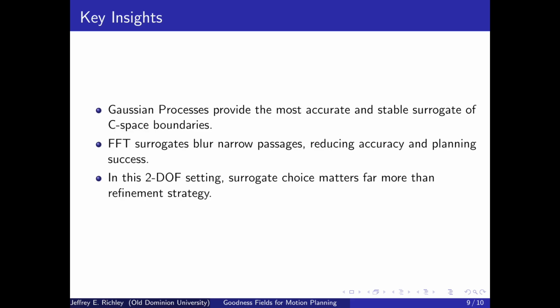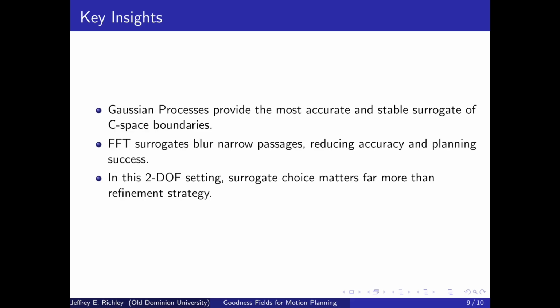While they are computationally fast, this loss of boundary fidelity directly impacts accuracy and ultimately planning reliability. Finally, in this 2 degree of freedom setting, the choice of surrogate model mattered far more than the choice of refinement strategy. Once the boundary was reasonably sampled, additional refinement produced diminishing returns. Taken together, these results suggest that careful surrogate selection is a critical design decision when integrating learning into motion planning